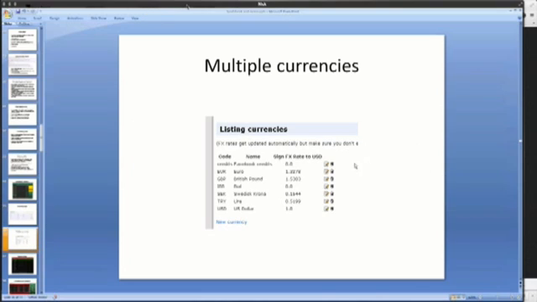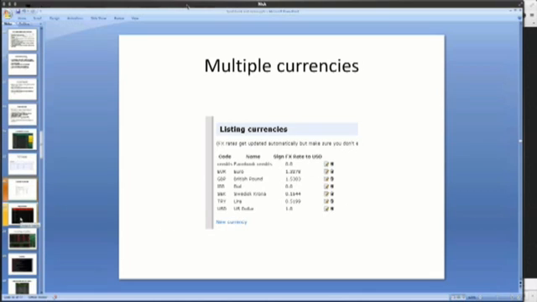Of course, multiple currencies, we can add as many of them as we want over here or remove them. We can also change the exchange rate to USD or to